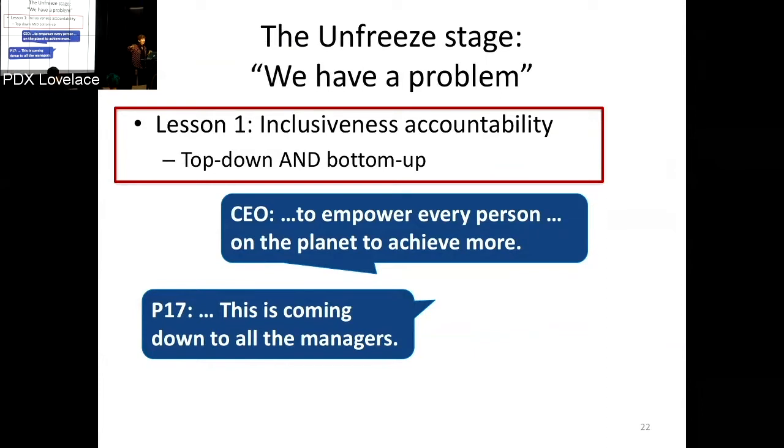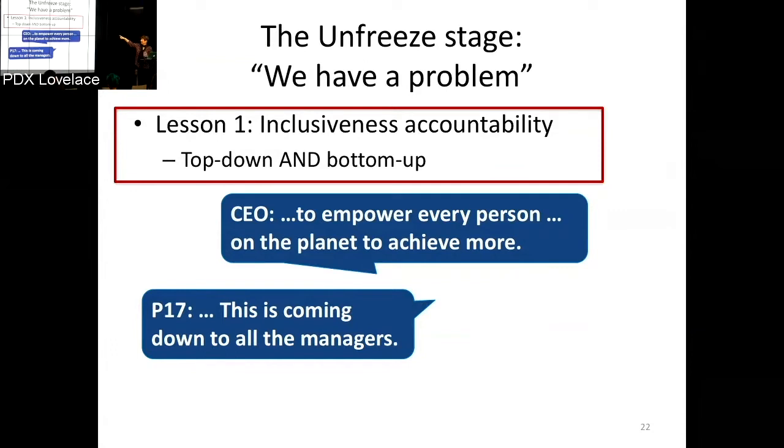And he really meant it. This wasn't just something that was going out to the press. This was something he was pushing down and saying to his managers, this is part of what you're going to be evaluated on. And they're pushing it down to their people and saying, this is part of what I'm going to be evaluated on, so this is part of what you're going to be evaluated on, and so on. So I showed up there, and there are these engineers saying, how am I supposed to do this? I don't have any tools. How can I proceed? And here I am to save the day with GenderMag. And so it all just sort of clicked together at the right time.